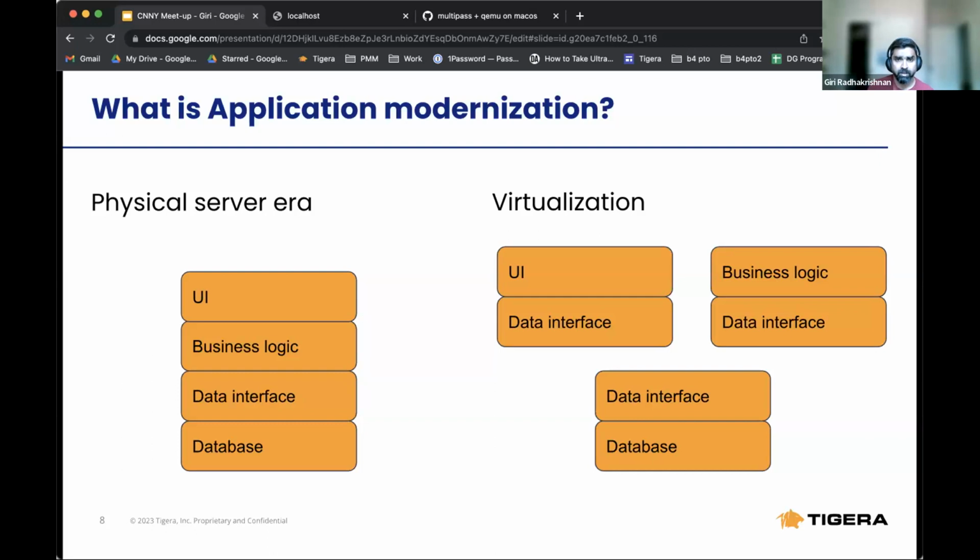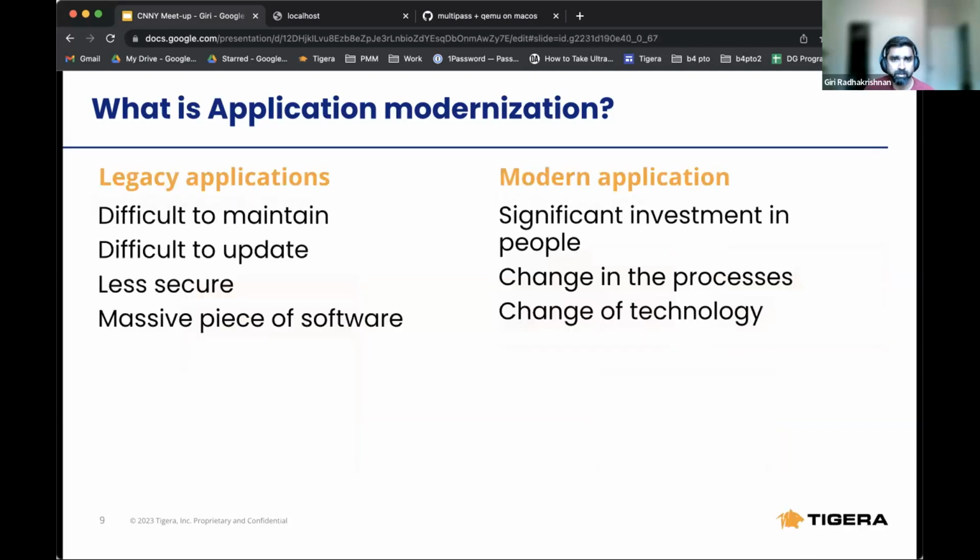And some of these approaches could include refactoring, replatforming, which is, maybe you can include Kubernetes there, or even rebuilding the entire application. And the motivation behind doing this is the problems with legacy applications. Some of them are complex, outdated, and also difficult to maintain. They may have been built on older technology platforms that are no longer supported, or require manual processes that consume